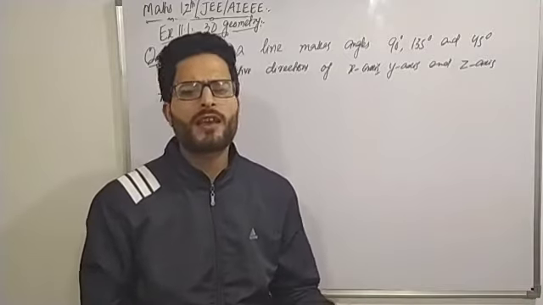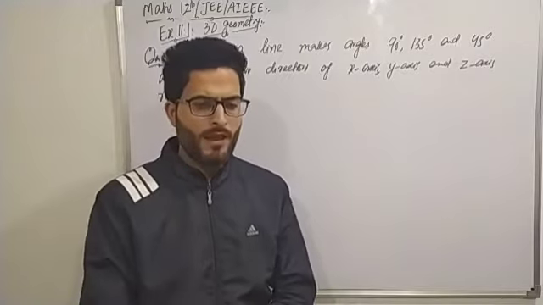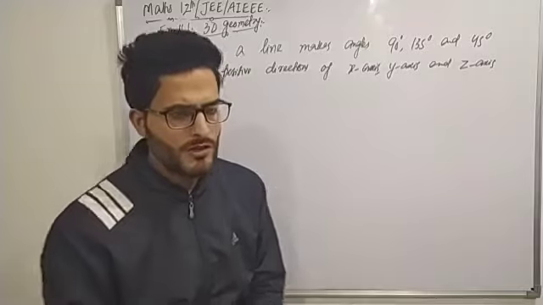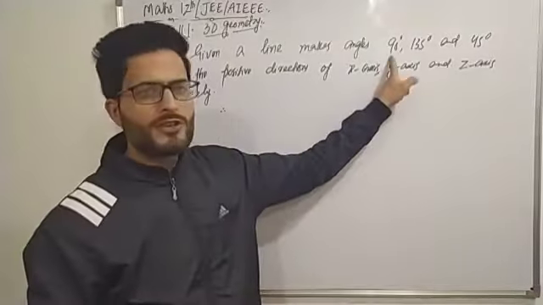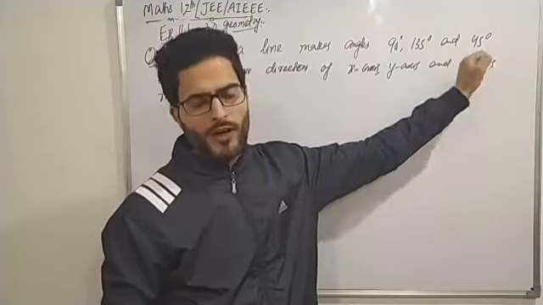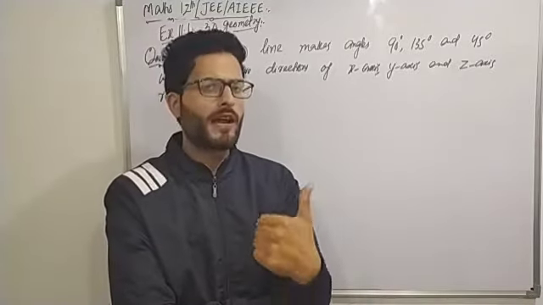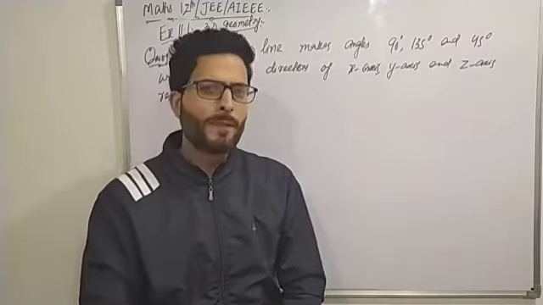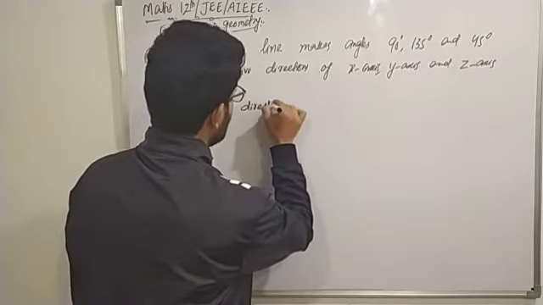So we are given the direction angles which a line makes with the coordinate axes. And if we have the direction angles, from those we can locate the direction cosines. Therefore, here alpha is 90, beta is 135 and gamma is 45 degrees. So we will apply cosine to this alpha, beta and gamma, that is to 90, 135 and 45. There we will get the direction cosines. So the direction cosines of the line are,